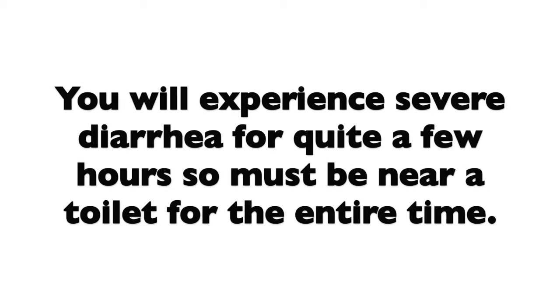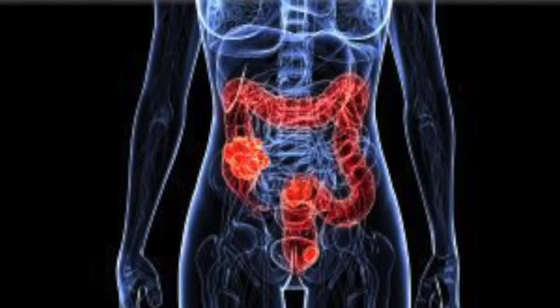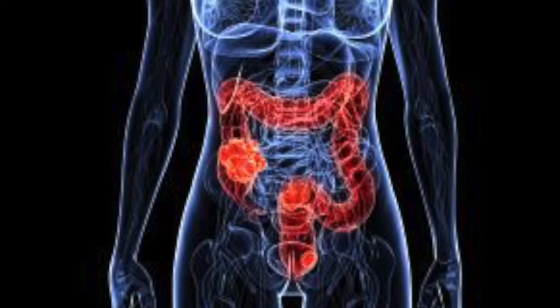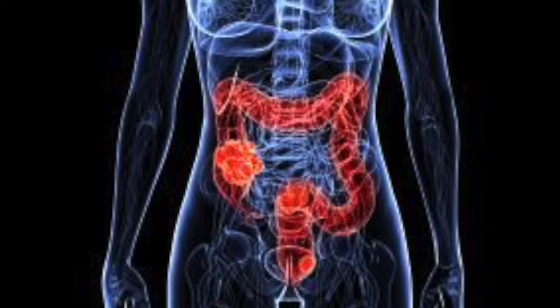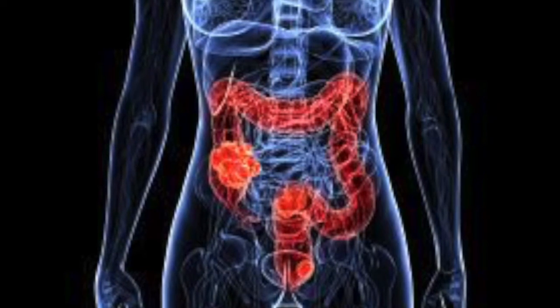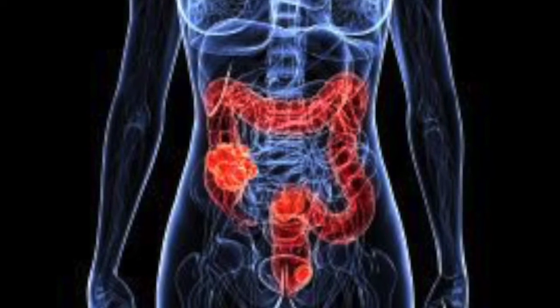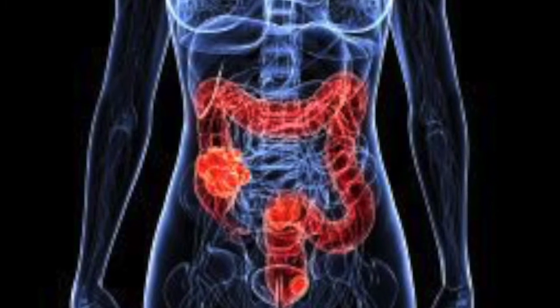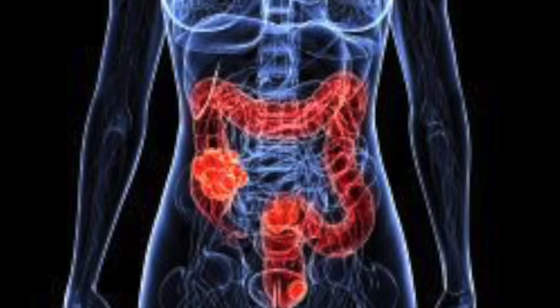You will experience severe diarrhea for quite a few hours, so you must be near a toilet for the entire time. Keep in mind that by clearing your bowels like this, you are flushing out your beneficial bacteria and beneficial microorganisms. And in doing so, you are leaving your colon and your body open to infection from pathogens, bacteria, funguses,